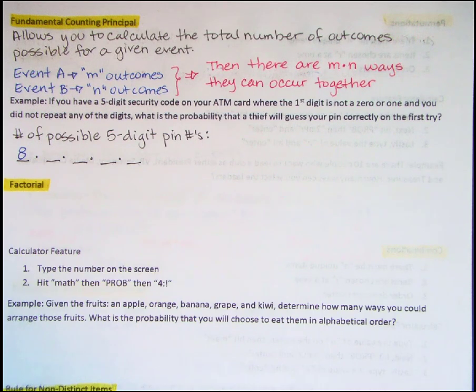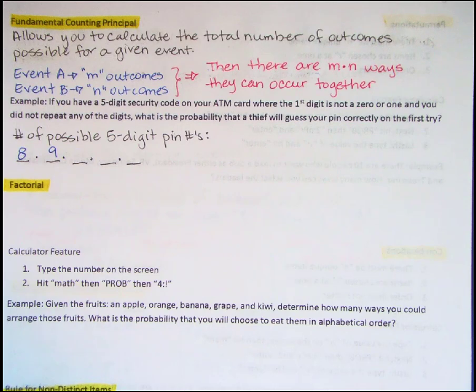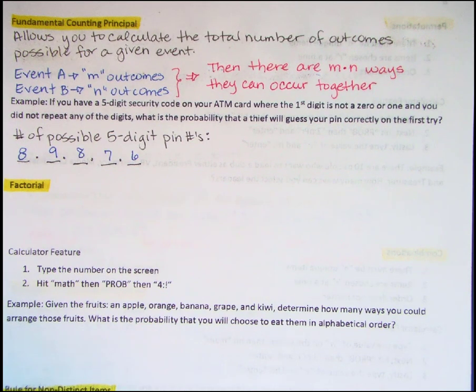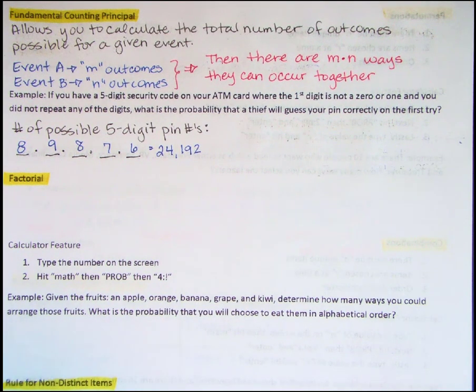Then we can move on to our second digit in our PIN number, and since we're not allowed to repeat any of the digits, when we started off with 10 and we took 1 away for the first one that we used, then for our second digit we only had 9 options left. As you move down to each of the individual digits, you will have to decrease your number of options for each of those events by 1 because you're not allowed to repeat any of the digits. The number of possible 5-digit PIN numbers is then